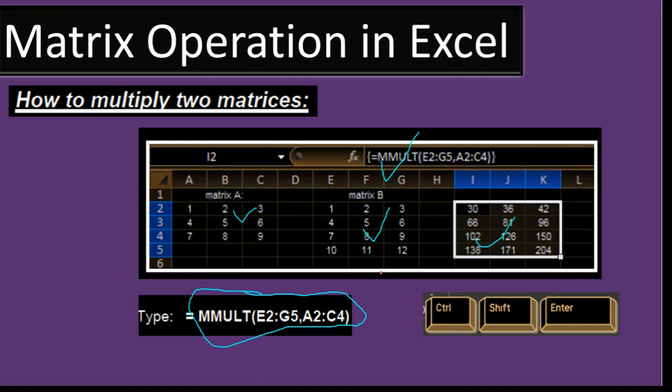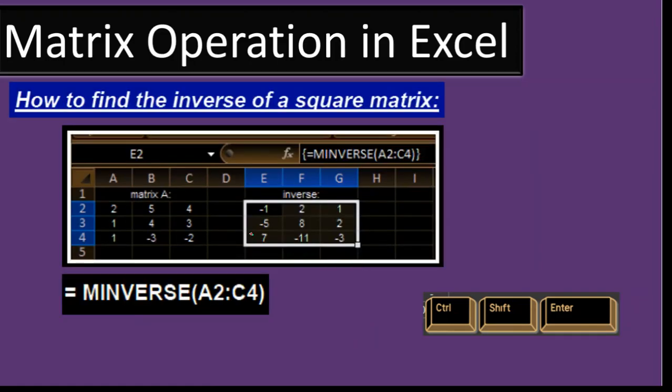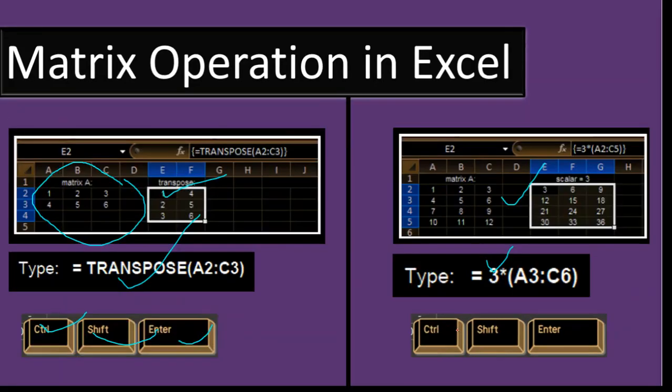For example, in the multiplication, this is 4 rows and 3 columns. Here 3 by 3 matrices are there. So you have to know whether matrix B is multiplied by matrix A or matrix A is multiplied by matrix B. That means you should know the feasibility. After that you apply it. You can find the inverse of the matrix also by just clicking these things. Apply the MINVERSE formula, the matrix inverse formula.